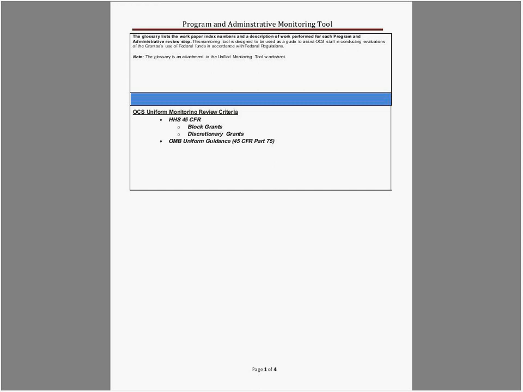For those who are dying to know, it is the Uniform Administrative Requirements, Cost Principles, and Audit Requirements for HHS awards. This can all be found on the OMB website if you want further details on that. And that is what we base the Uniform Monitoring Review criteria on. So if you go to the next slide, please.